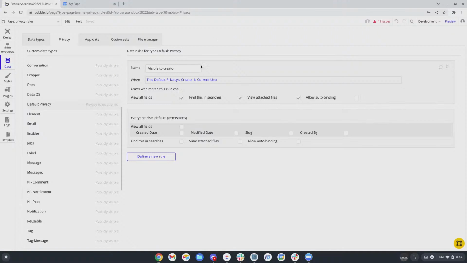I wouldn't use privacy rules to hide something that's just not ready yet. What I've been doing is hiding it on the conditionals, using conditions for the role. If the user is admin, then